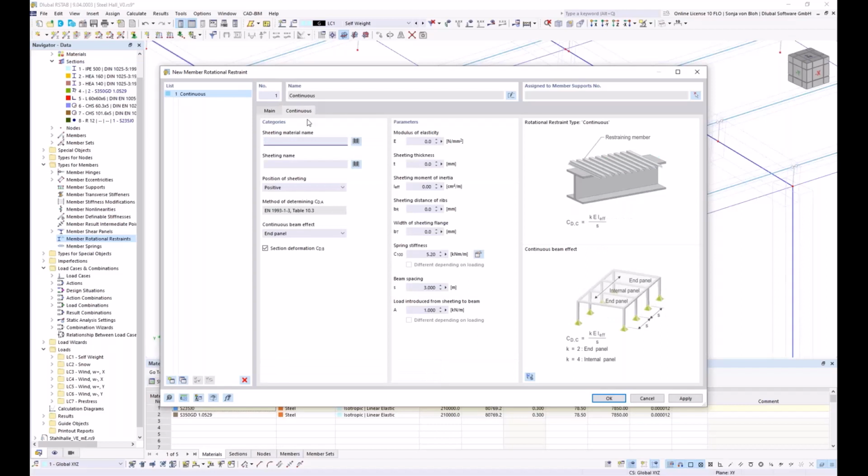The trapezoidal sheeting and the material can then be selected from the database. The purlin spacing and the continuous beam effect still need to be selected. The spring stiffness C100 must be determined depending on the load. Unfortunately, the effect of cross-section deformation on rotational restraint can only be calculated for I cross-sections, but not for R section cross-sections. The calculated spring stiffness would therefore be on the unsafe side, and I have determined the spring stiffness manually according to the formulas described in Eurocode